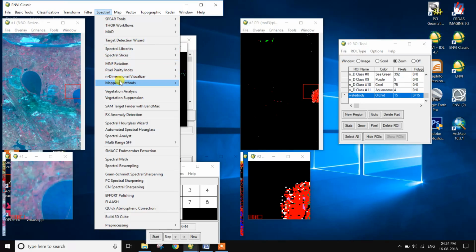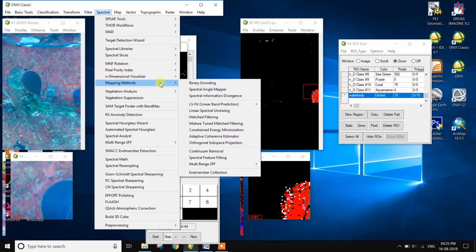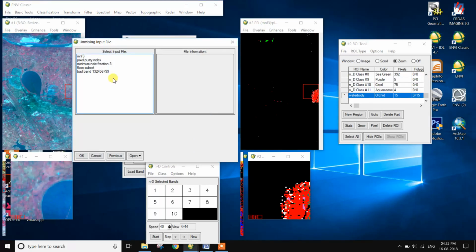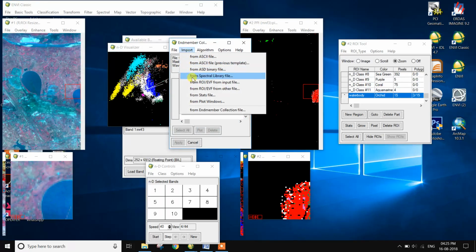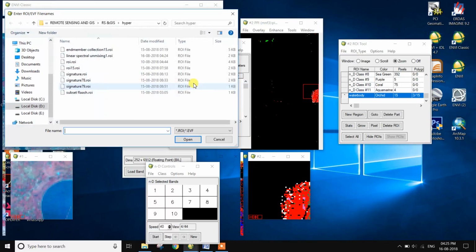Spectral, mapping methods, linear spectral unmixing. Input from the class data of this particular image, and input from ROI, ENVI, from the input file. So there is the linear spectral unmixing data input here.